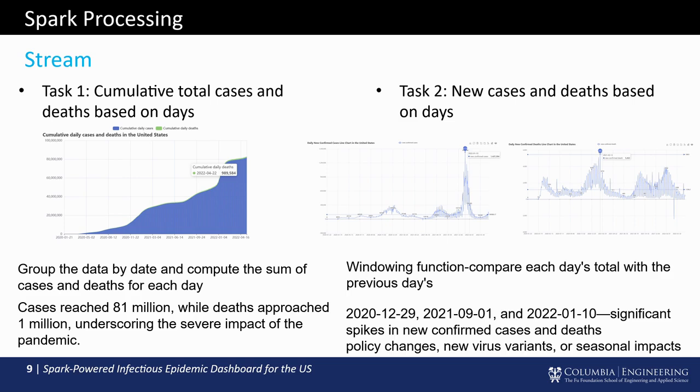Cases reached 81 million, and deaths approached 1 million, underscoring the severe impacts of the pandemic. For task 2, we used a window function comparing each day's total with the previous day's. We can see that there are 3 time periods which show significant spikes in new confirmed cases and deaths,